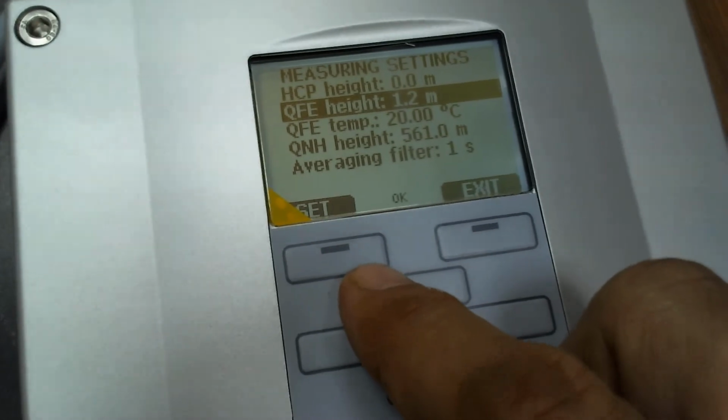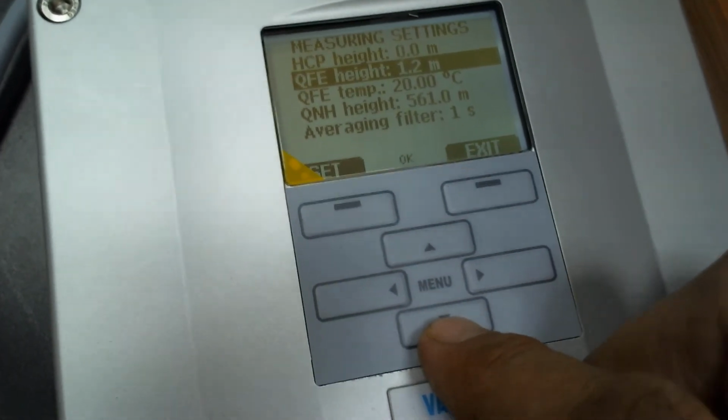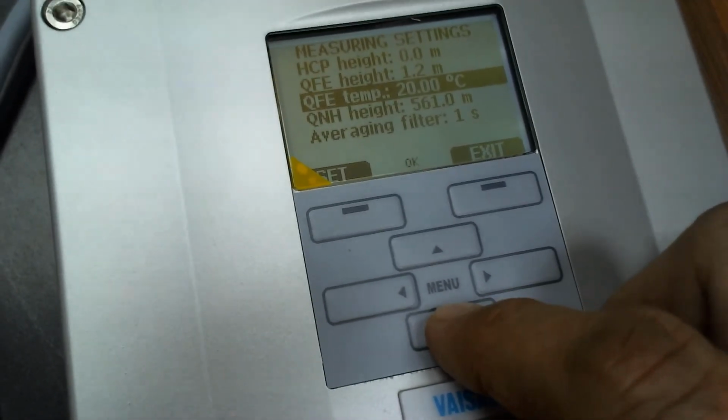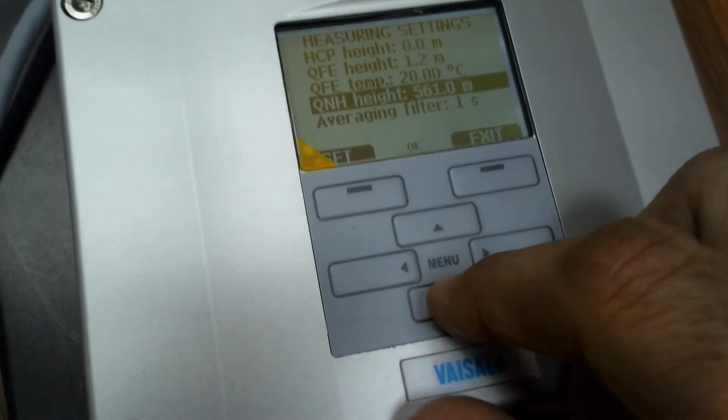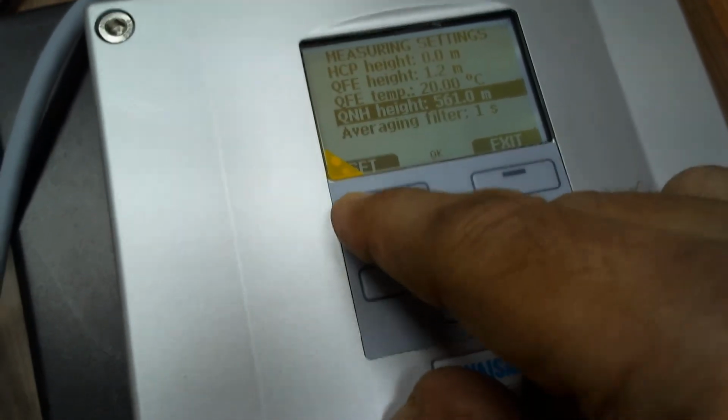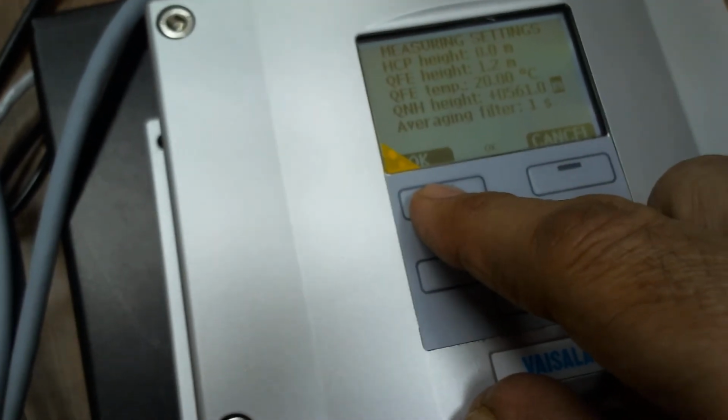Then next is QNH height, means your station height. With the help of this down button, go to QNH height. Then if you want to change it, go to set. Then you see again here the dark black spot.